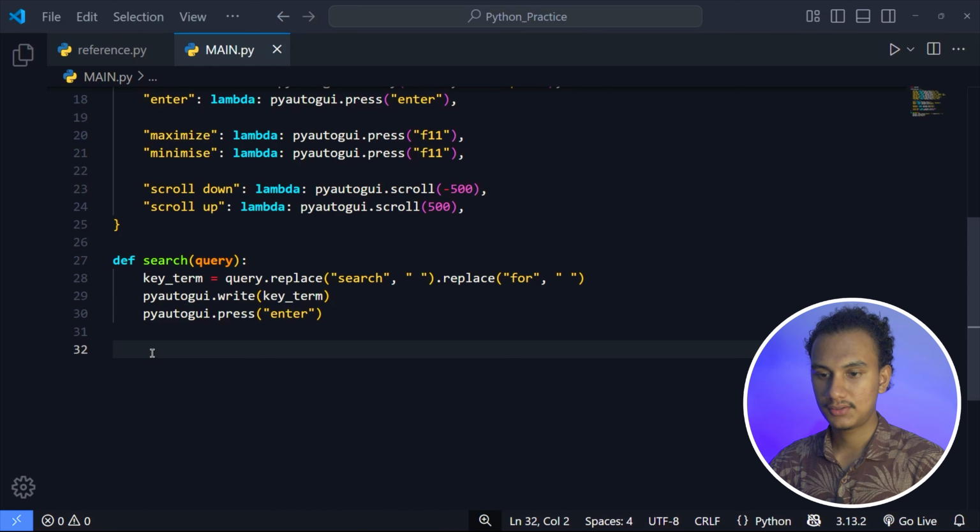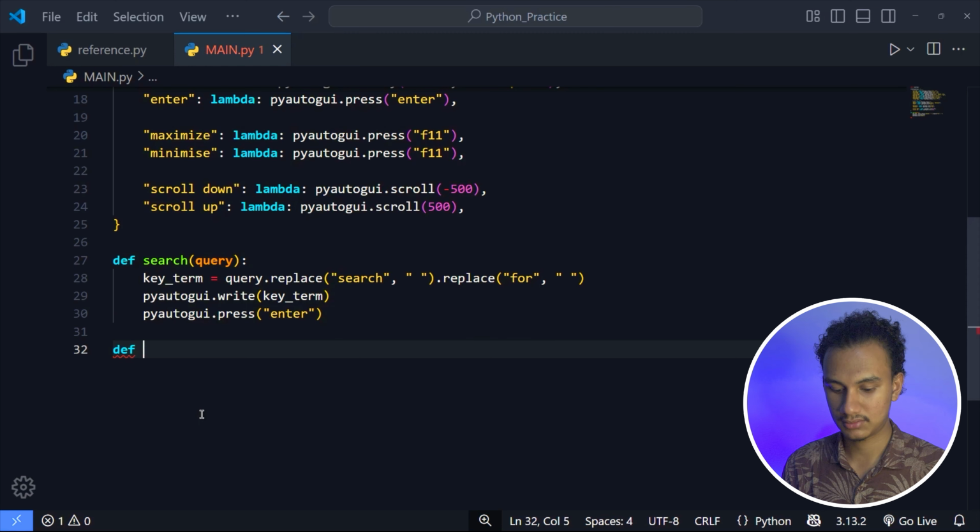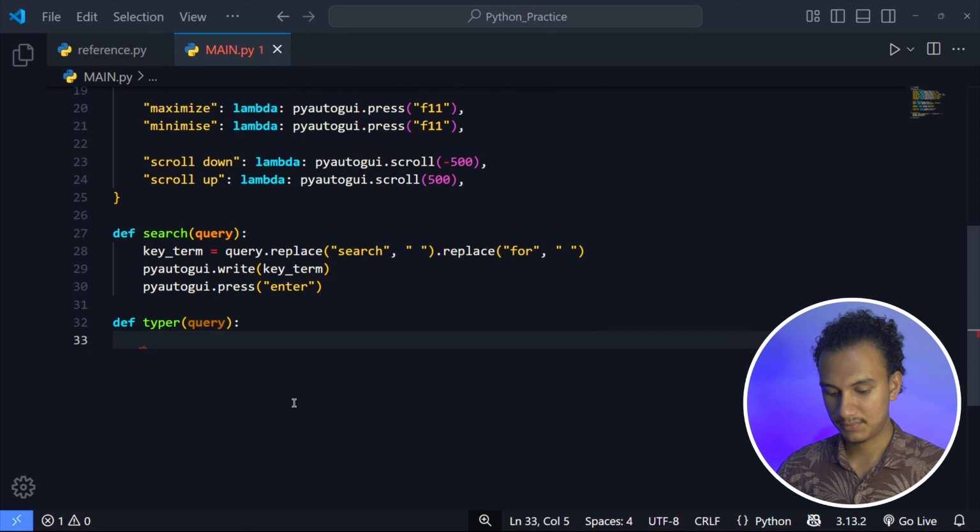Okay, so again we need to create a function for automatic typing. By the way, I have a dedicated video on how to create an automatic typer, but in this case we just need a simple auto typer that is going to type a sentence or some terms that we are going to say. So it's going to be a little bit easy. So I'm going to create a function called typer, and as a parameter I'm going to pass query, and what we need to type, so the key term to type, this will be query.replace